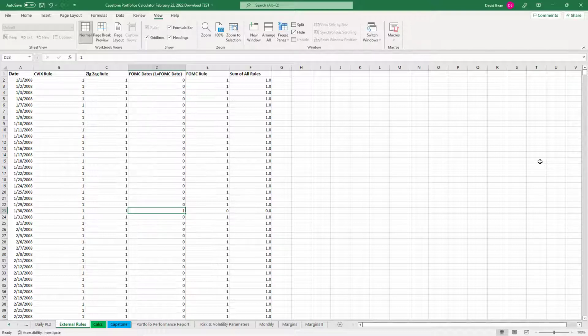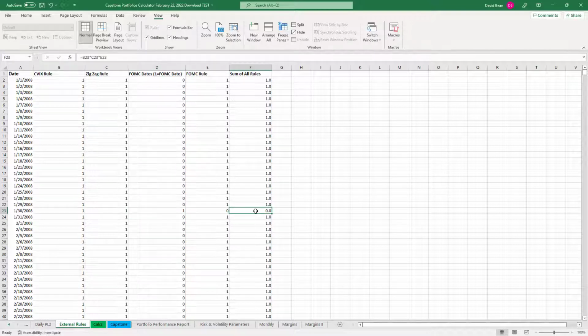Once again, these are scheduled. These are not the surprise or unscheduled meetings, because you couldn't implement that. You can't go back and say, oh, I wouldn't have traded during this surprise meeting. You didn't know it was going to happen. You can only implement something like this if you could still do it in the future, and we can. There is a list of FOMC meetings, 8 per year,